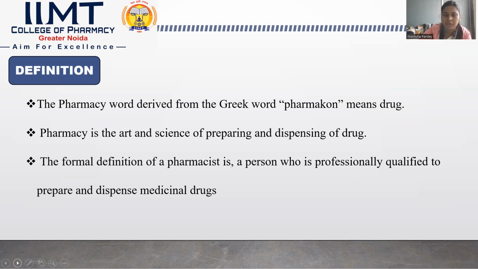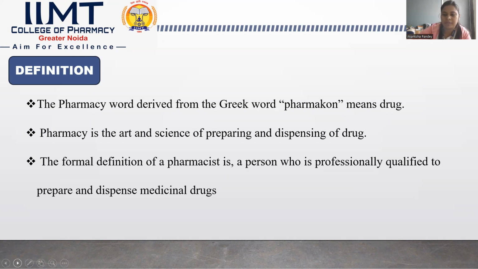the definition of pharmacy. The word pharmacy is derived from the Greek word pharmakon, which means drug. Pharmacy is the art and science of preparing and dispensing of drug. The formal definition of a pharmacist would be a person who is professionally qualified to prepare and dispense drugs. Means a person who is very well educated and qualified in the dispensing and preparing of medicine